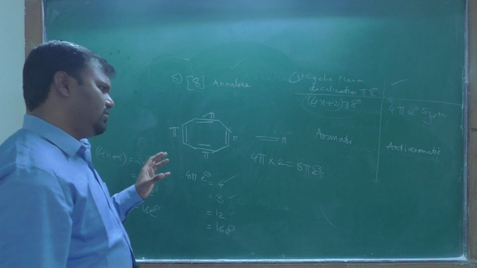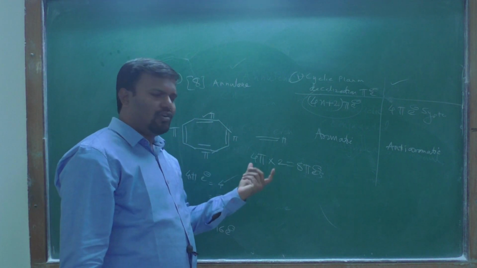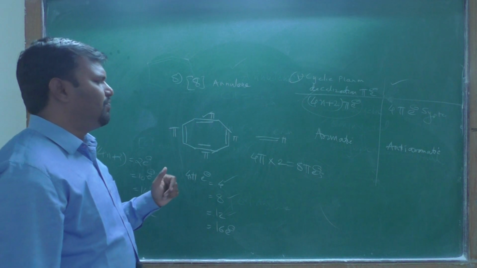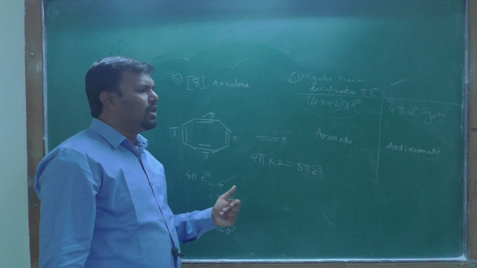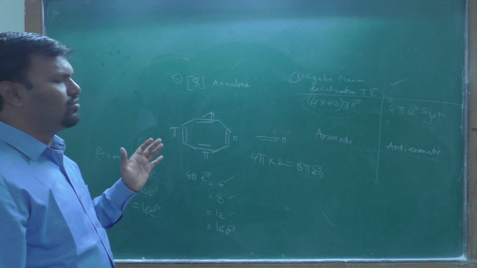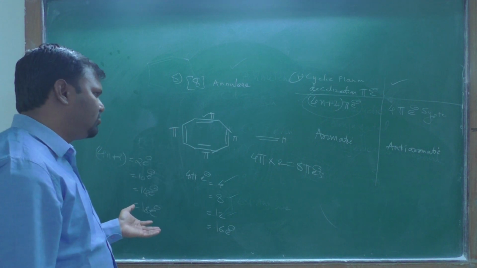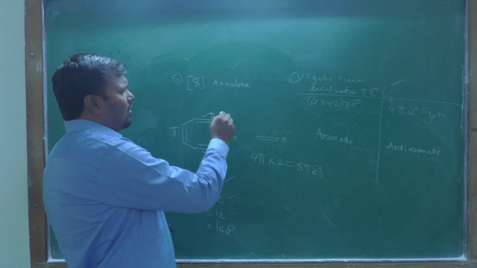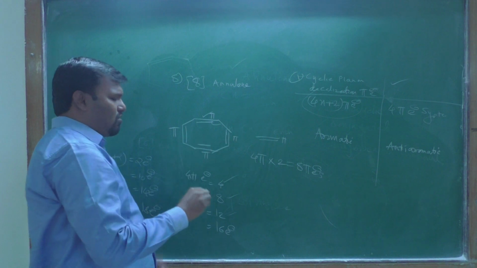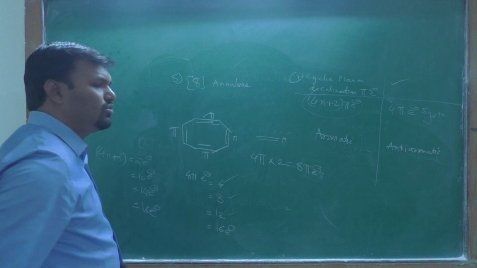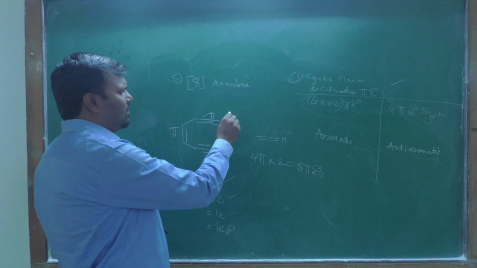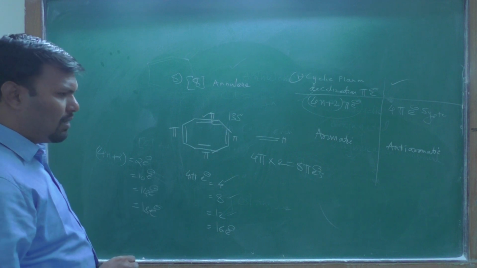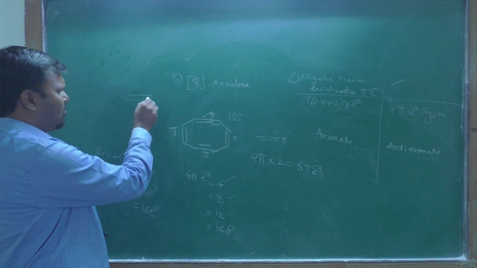Looking at this 8 pi electron system, it comes under the 4n pi electron system, so it may be an anti-aromatic compound if it follows planarity, cyclic nature, and delocalization of pi electrons. But actually, when you consider the octet system, the bond angle of this will be 135 degrees, and for the double bond, you remember that